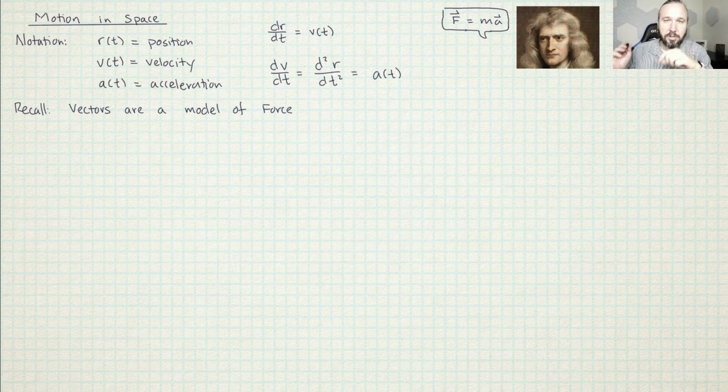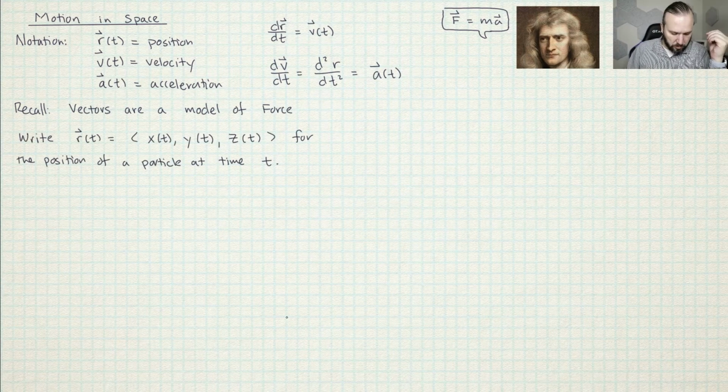But according to Isaac Newton, force is equal to mass times acceleration. So since we are using vectors as a model of force, we also need to use vectors as a model of acceleration. So we're also going to need to use vectors as a model for velocity. And then this means that we're going to need to use vectors as a model for position. So the big picture philosophical approach to this is that vectors are a model for force, but then Calculus 1 tells you that whatever you're using to model force, you also need to use to model acceleration and velocity and